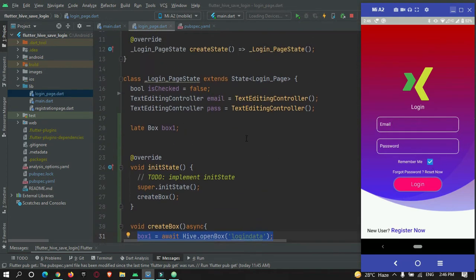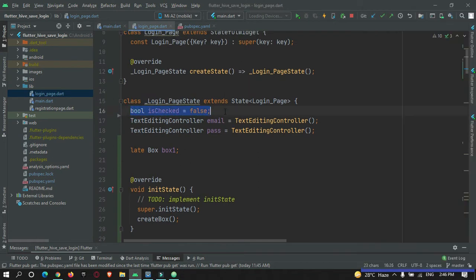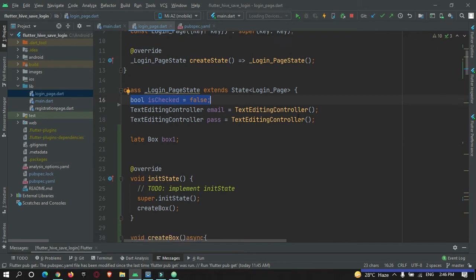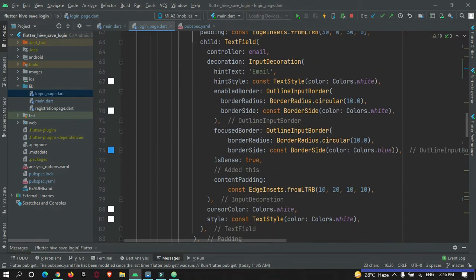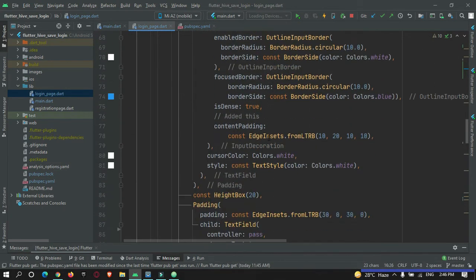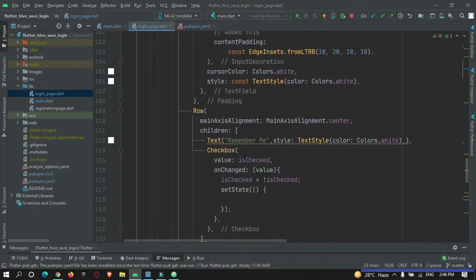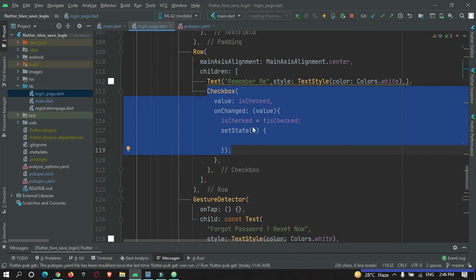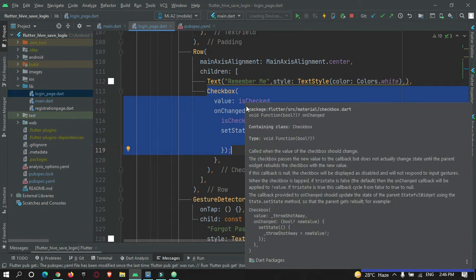For this checkbox I have created a boolean variable, checked, which is attached to the checkbox. Depending on this value, true or false, we are going to save the data. If it is true, then we save the data.